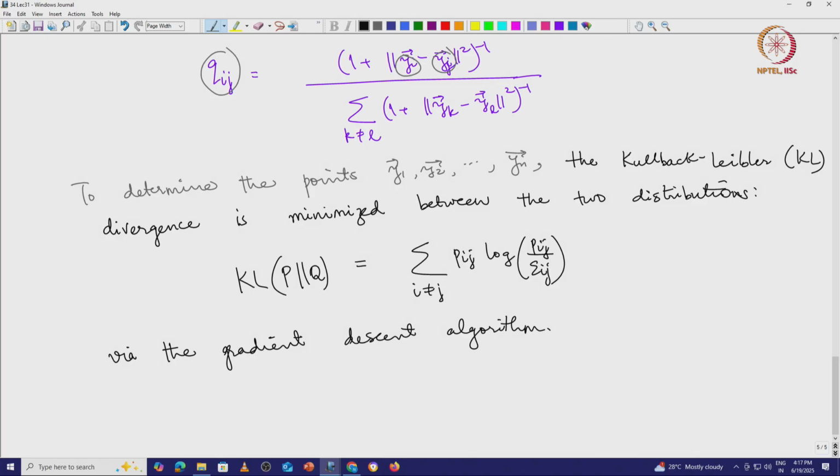Okay. So in this way you can obtain the yi's, and thus the resulting